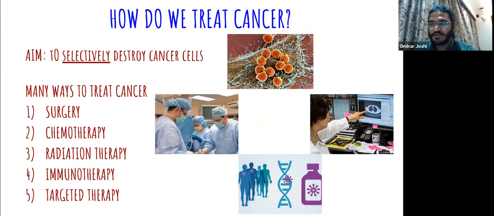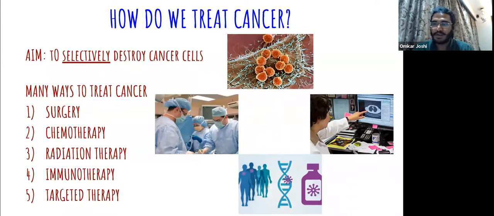And one of the best ways to do this, as most of you might know, is surgery, right? If you have a localized lump of cells, a localized tumor, you can actually take the tumor out, maybe a little bit of surrounding tissue also, so that now you know definitely that all of the cancerous cells have been taken out. The tissue will recover and there is no more source of cancerous cells, so you are good.